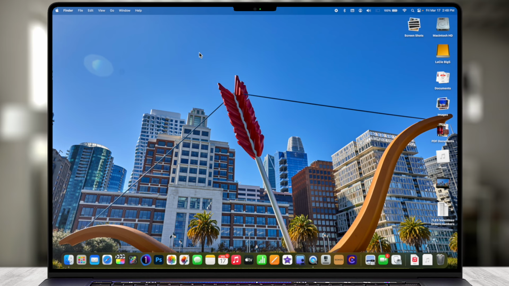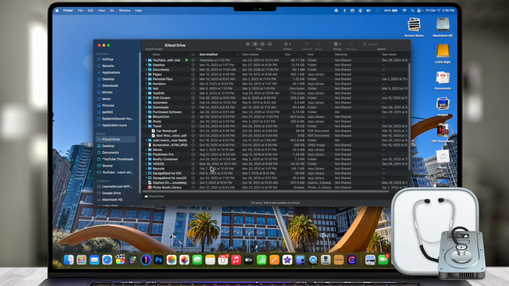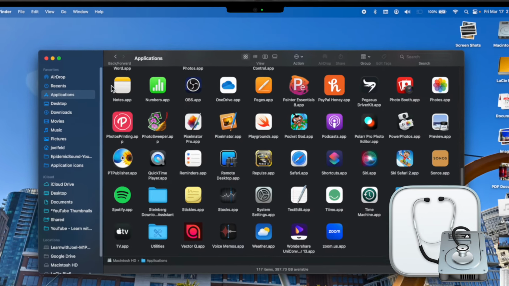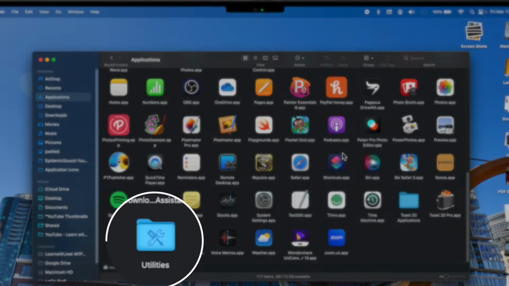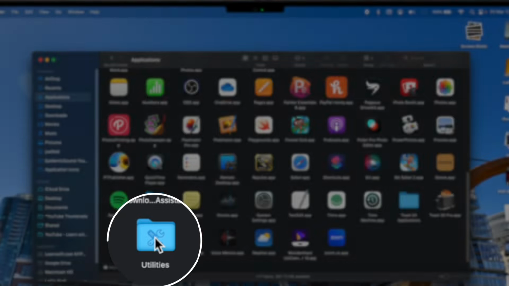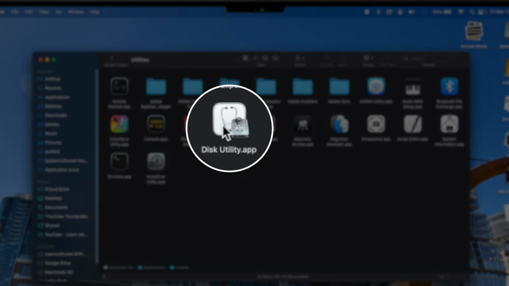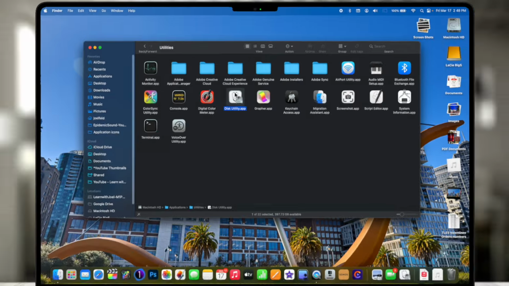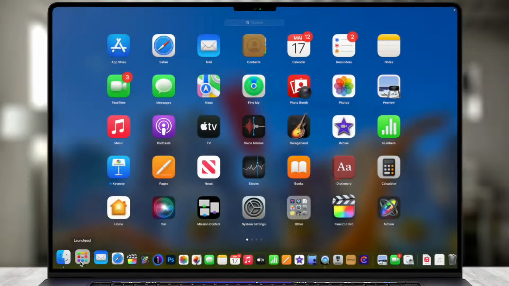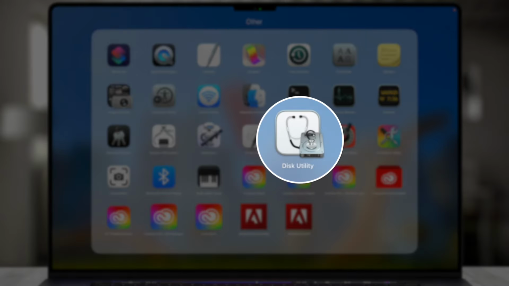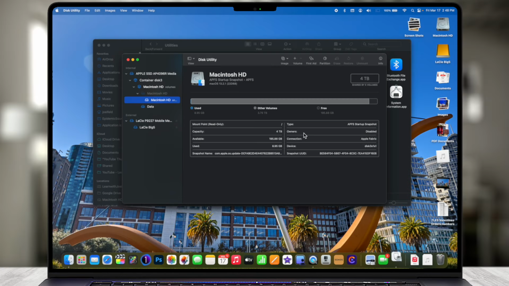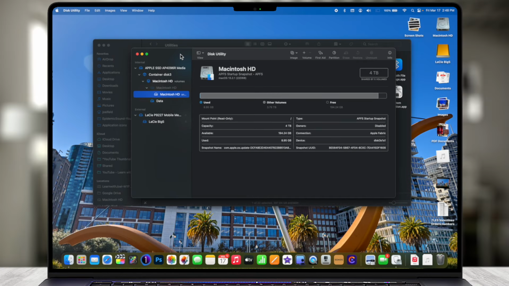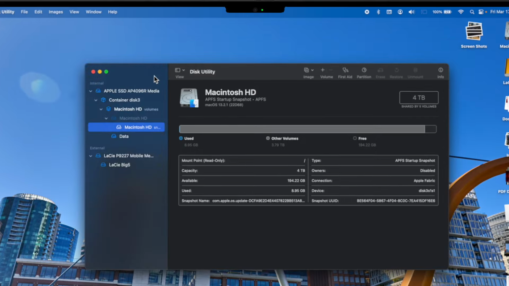The next thing is to open up the software tool that allows us to format or create partitions or volumes for this hard drive. That application is called Disk Utility, and it's located in the application folder. If you scroll all the way down towards the bottom, there's a folder called Utilities, and then you'll have Disk Utility right here. You can also access it through Launchpad, in the other folder as well. So if I click on this, it's going to open up, and this is Disk Utility. Let's go ahead and get rid of Finder behind there.